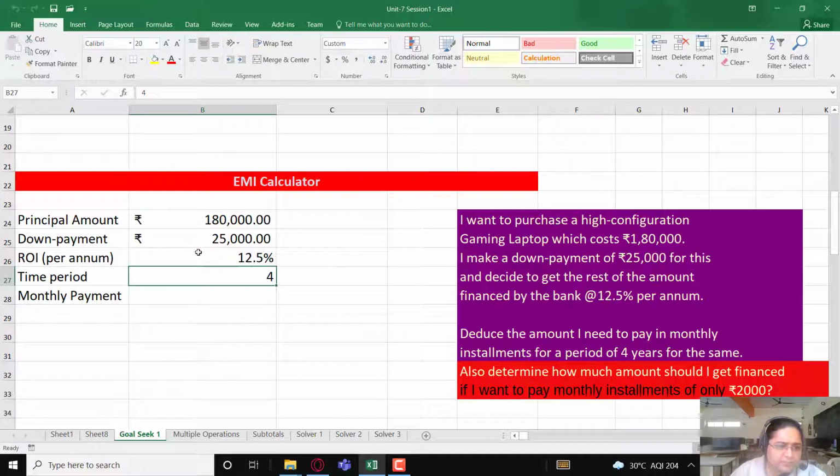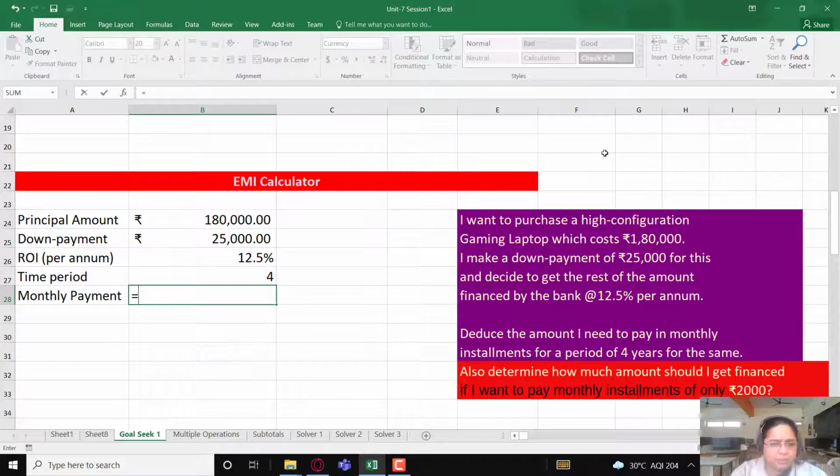I had some cash in hand, so I just made a down payment of 25,000, which will be subtracted from this amount, that is the principal amount, and on the rest of the amount I will have to pay the interest, as well as I have to pay that amount back to the bank. So now for this purpose, I have a very user-friendly approach, that is I'm going to use a PMT function. This PMT function